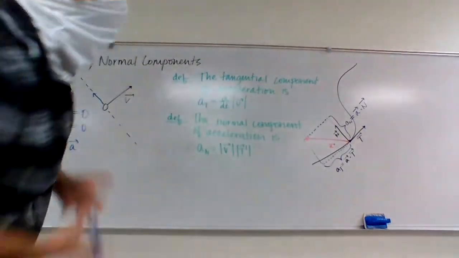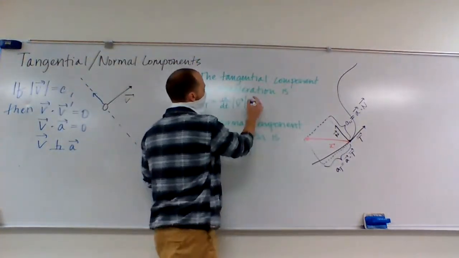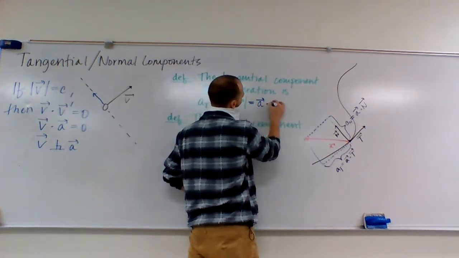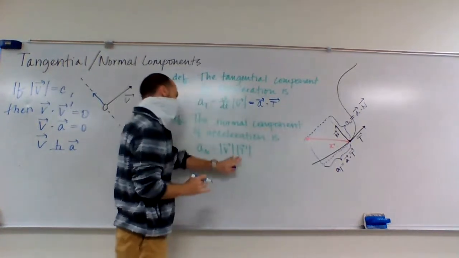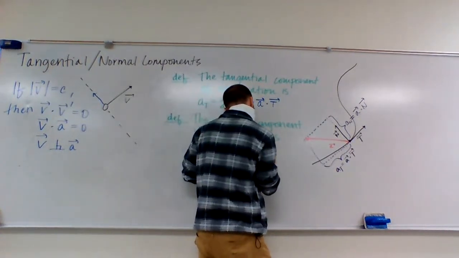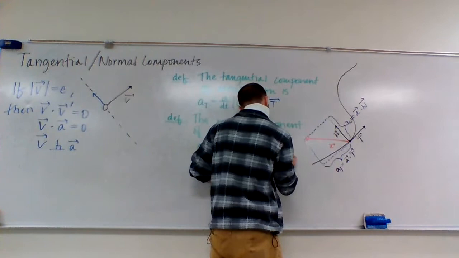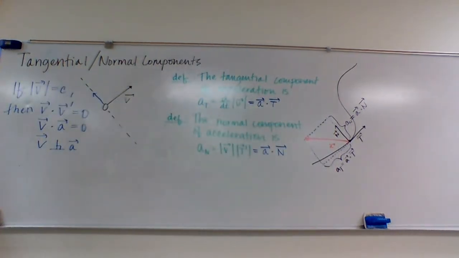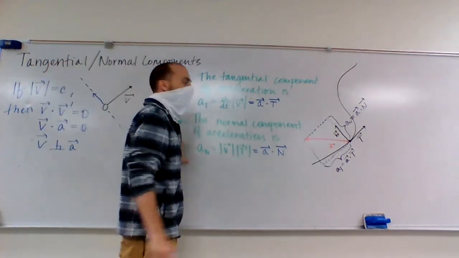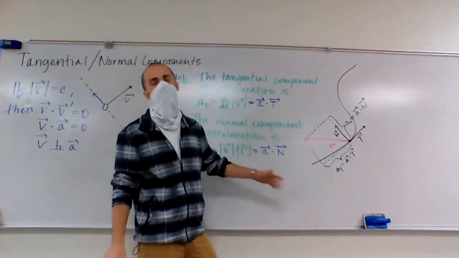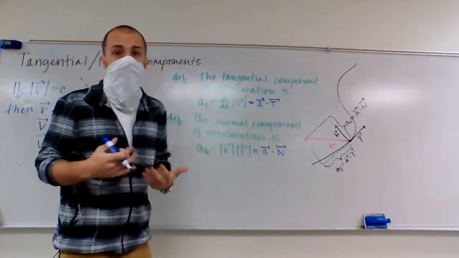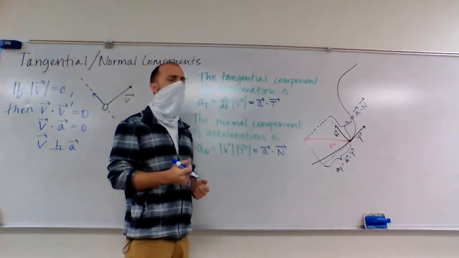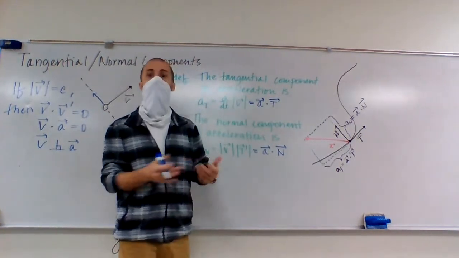So now we have evidence to believe that this is equal to A dotted with T, and that this is equal to A dotted with N. But these are not necessarily the formulas that you're going to want to work with, because T and N can be a little unpleasant to find. If we already have them sitting around because somewhere along the way we computed them, I suppose it's a multi-part problem,